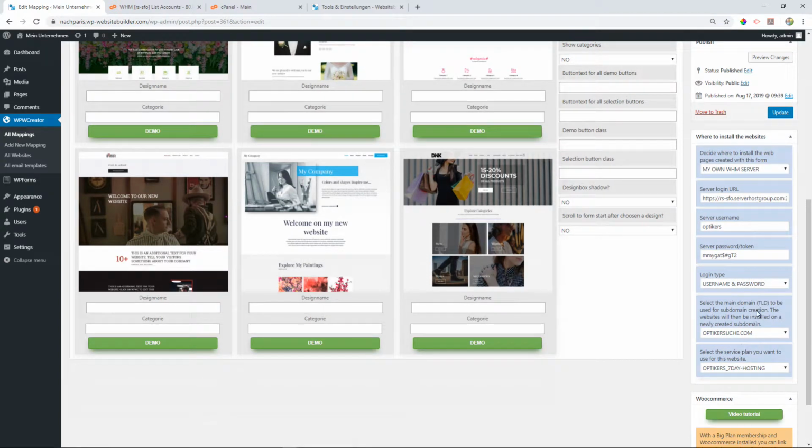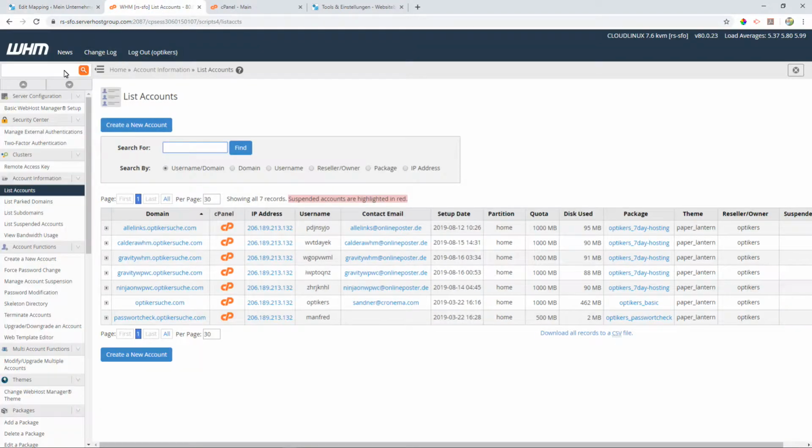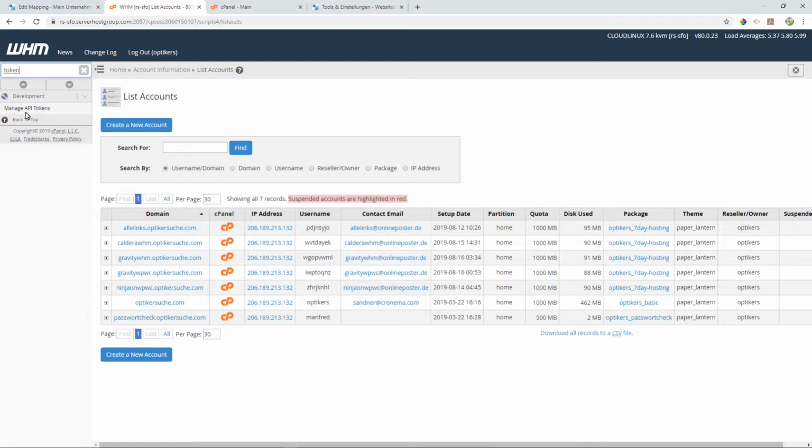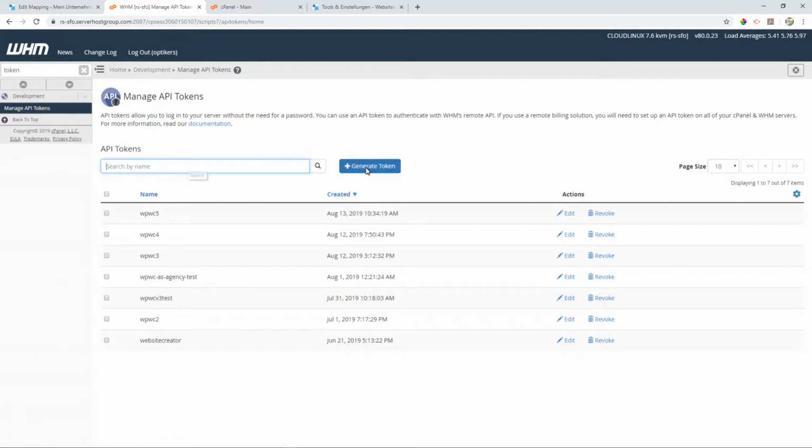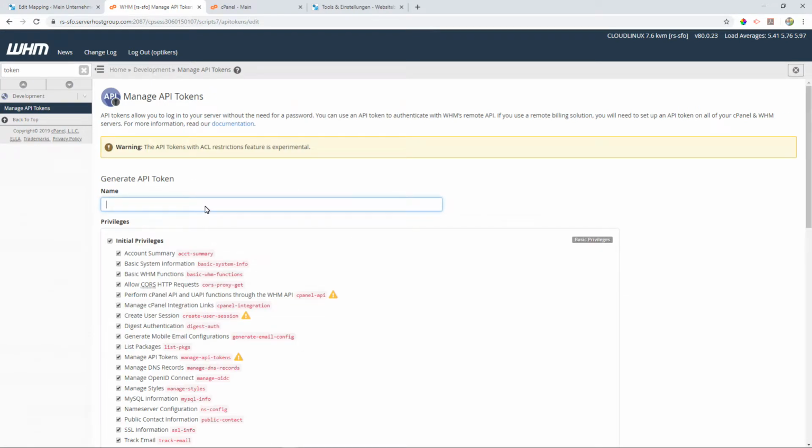I'd like to also show you the option to log in with a token. A token is a more secure way, because you don't have to fill in here your master password for your server, and you can create a token on your server. It works like this: search for token, go to manage API token, and then create a token, give it a name,